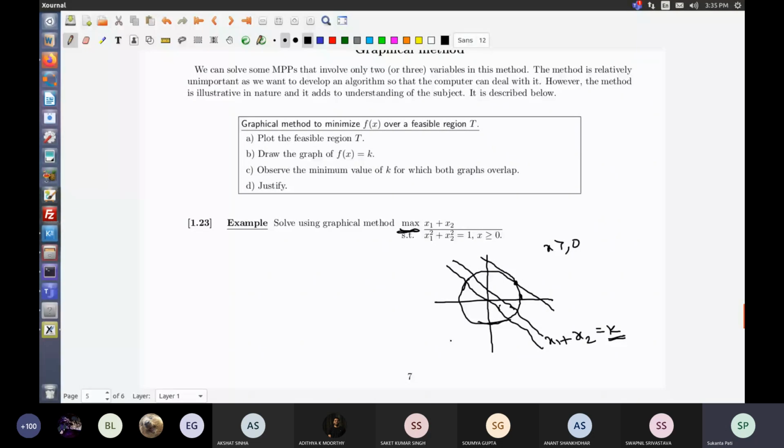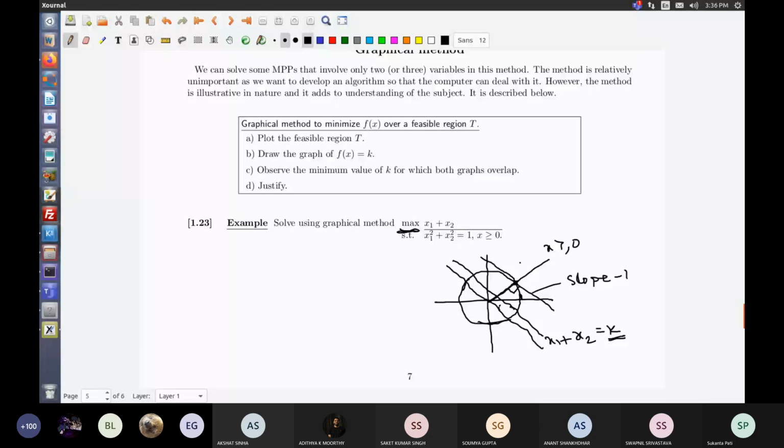Now, what I know is that this straight line has slope -1, and because it is a circle, the line that passes from the center to that, this is a tangent, therefore this will be 90 degree. Okay, this angle will be 90 degree, and therefore this particular line's slope, because it is -1, this one's slope will be +1.